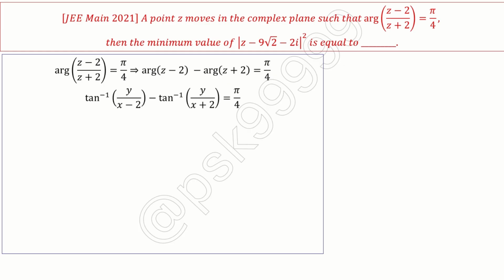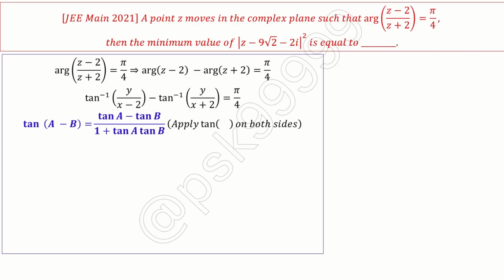Imaginary by real. In this one, imaginary is y, real is x minus 2. So tan inverse of y by x minus 2 minus tan inverse of y by x plus 2 is equal to pi by 4. If you remember the trigonometry, the tan A plus B formula, or tan A minus B: tan A minus B is nothing but tan A minus tan B divided by 1 plus tan A tan B. Now apply tan on both sides of this equation. I'm applying tan on this one, so tan A minus tan B, which is equal to